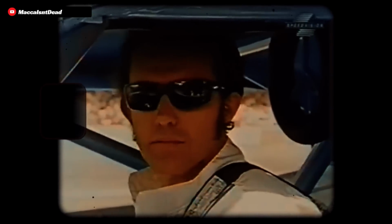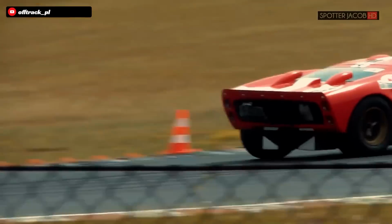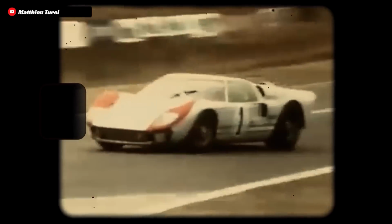Ford's legendary racing heritage spans decades and many historic cars and drivers across seemingly every motorsport possible, but no name has been as legendary and has achieved as much notoriety as the GT40, a car that was built under the sole idea of beating Ferrari at the 24 Hours of Le Mans,